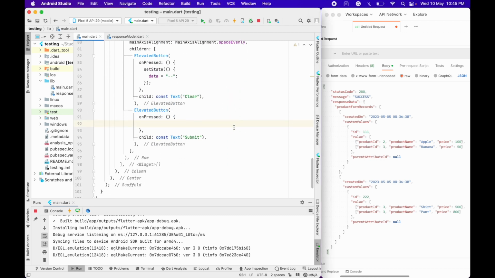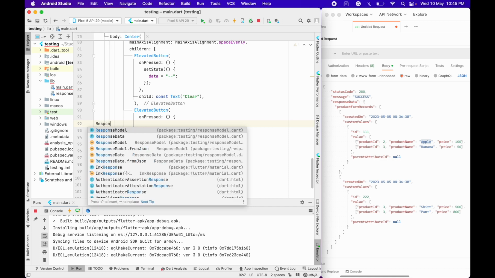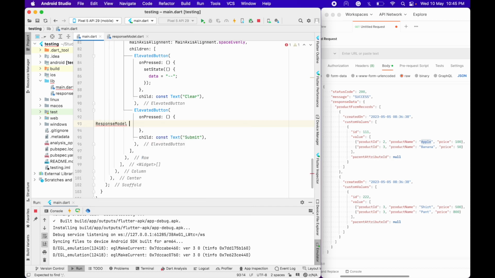Okay, so we will be trying to fetch this data: apple, product ID. So here we start. First we need to create a variable of response model data type. Put any name you want of. I have taken response model,